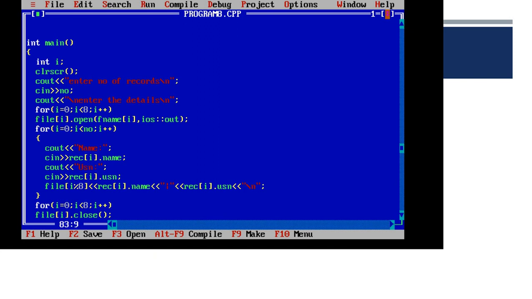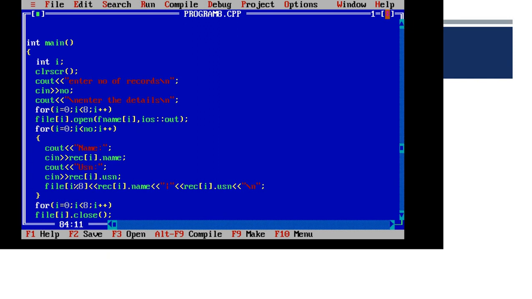I equal to 0 till I is less than 8. That means till 7 this for loop works. It means that in the for loop, the first set of elements are stored in the first file, then the second file, then increment to the third file, then 4, 5, 6, 7. So that means 8 files, the k value of the k-way merge algorithm is 8. So 8 different files are stored with the details.